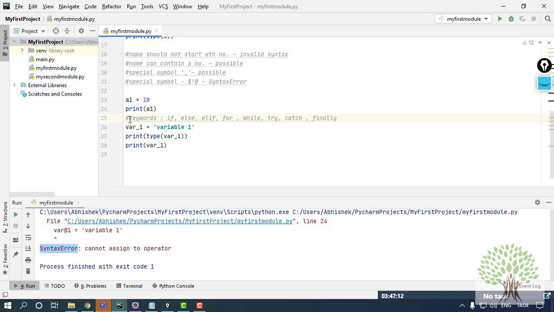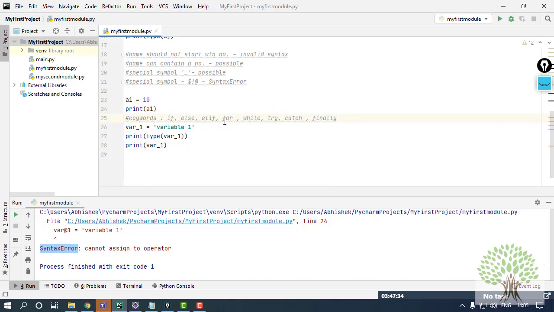Right now you won't understand these keywords, but by the time we cover them, you will understand them. But the rule is that you cannot use a keyword which already has a meaning in the language dictionary as a variable.